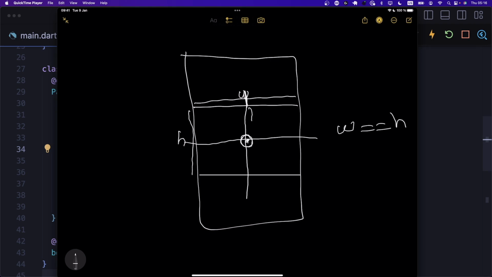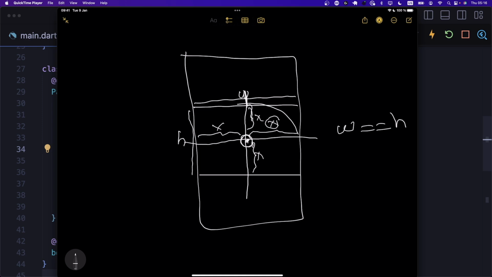Sorry, width divided by 2 is this, right? And it's this. And height divided by 2 is this guy right here and this guy, but they're all the same. So if this variable was x, it would be x here, x here, x here, and x in here as well. All right. So given this information, we're saying, okay, given the center and this x right here, then